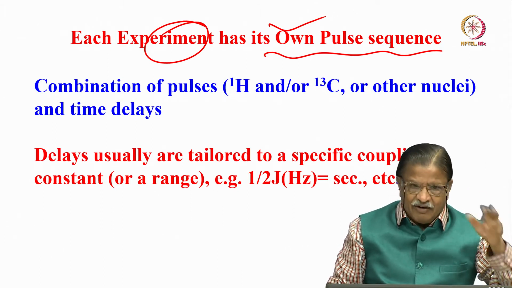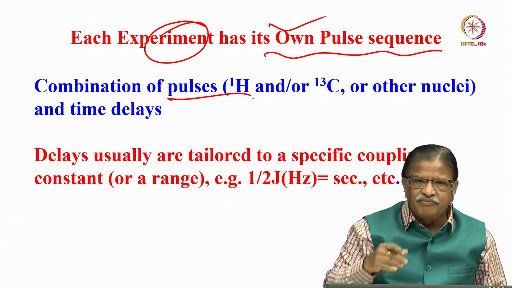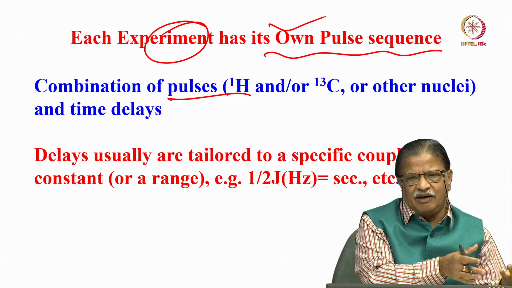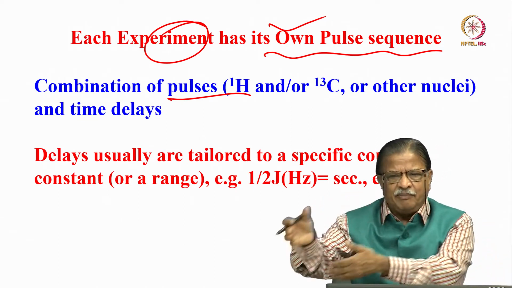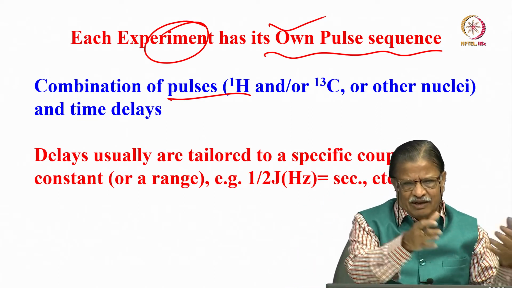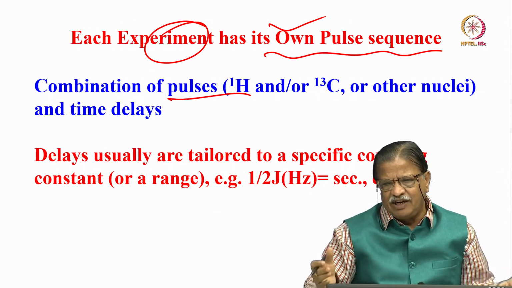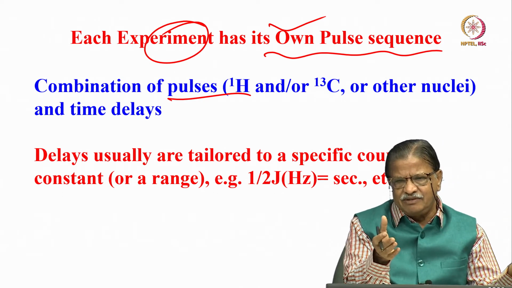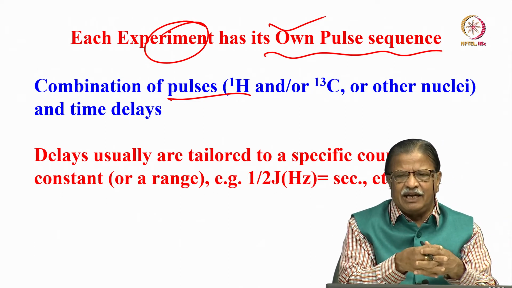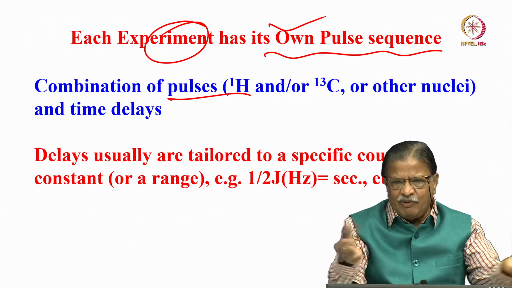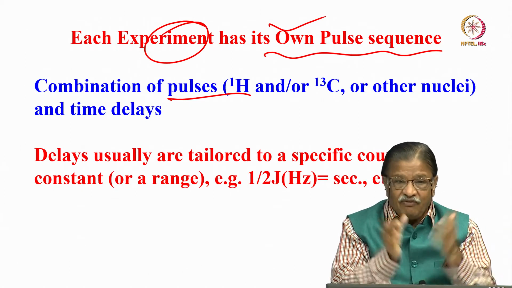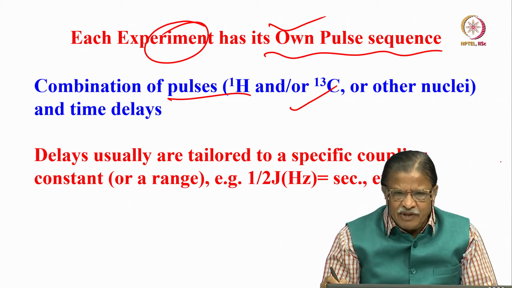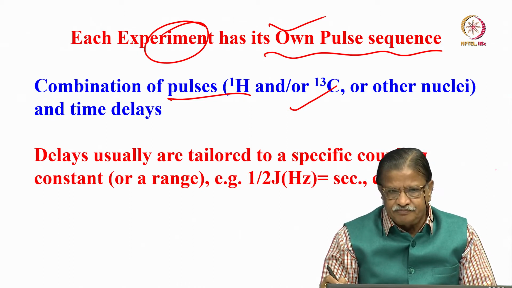Like that, you can have combinations of pulses, combinations of experiments, and again it could be both homonuclei and heteronuclei. You can apply pulses on proton, apply pulses on carbon, and you can vary the delays in these different experiments to get different information, and change the magnetization to different axes, and bring them into contact in different mixing periods, so that different types of information are transferred between the spins. Varieties of experiments can be designed. Each of these experiments has its own pulse sequence.